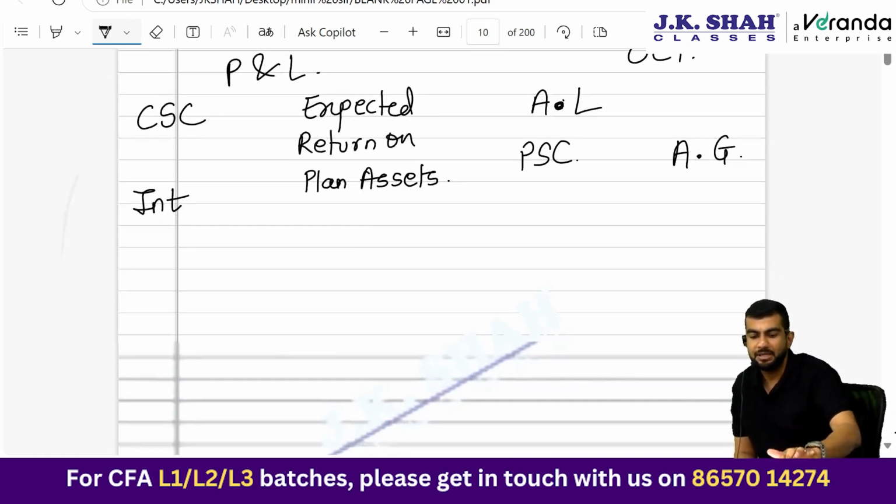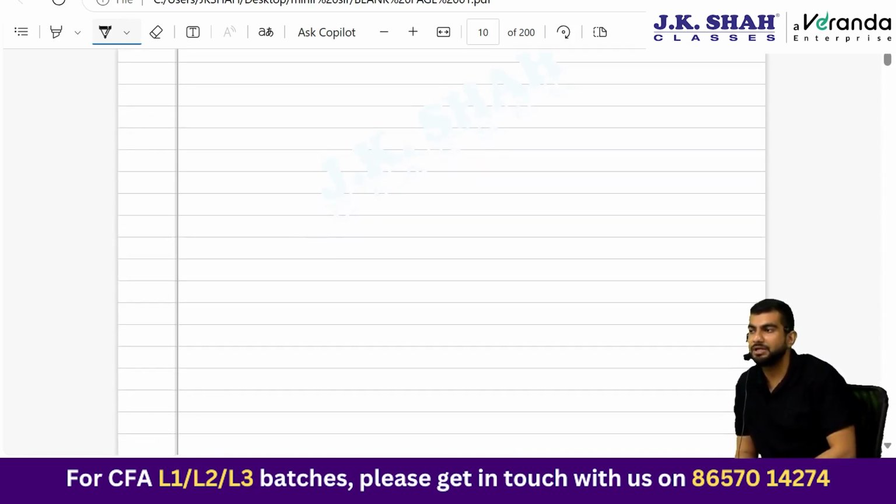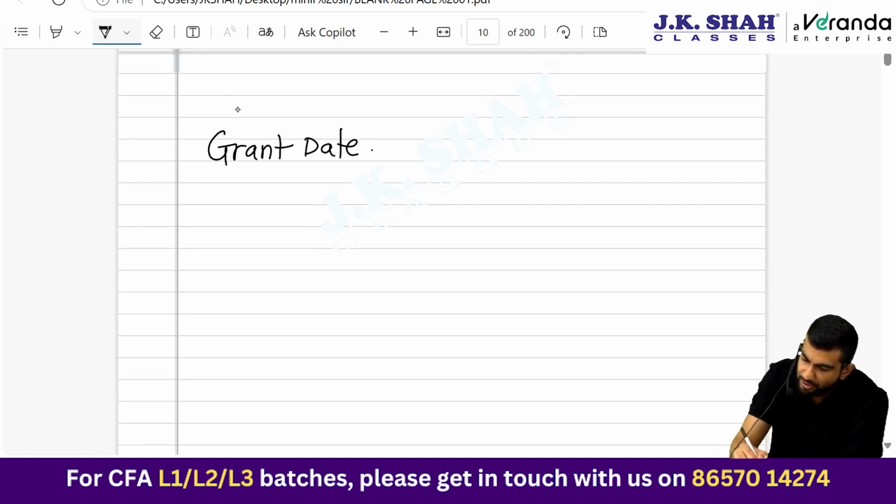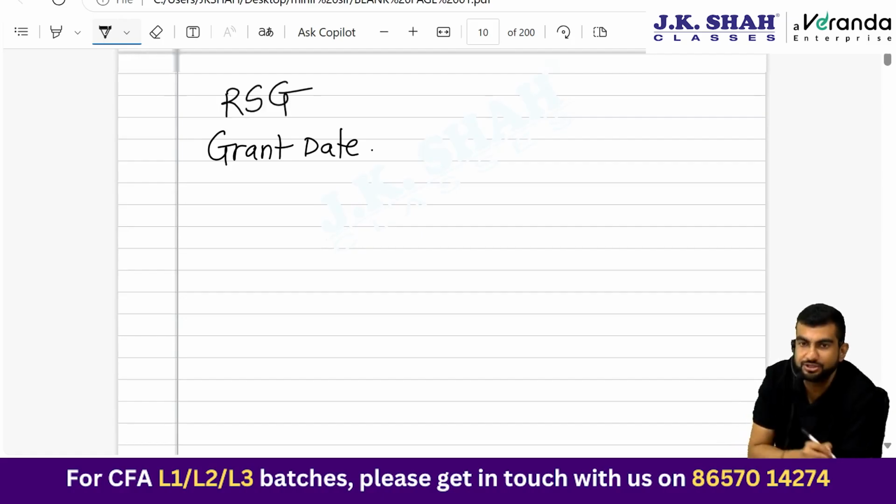Okay, fine. Now, when it comes to accounting for share-based payments, I had taught you 3 products. Restricted stock grants, restricted stock units, and ESOPs, employee stock option plans. Accounting was largely the same. In case of restricted stock grants and restricted stock units, what's the main difference? Restricted stock grant owners, they get dividends, they get voting rights. Restricted stock unit holders don't get anything of that sort. So today, first, let's discuss restricted stock grants.